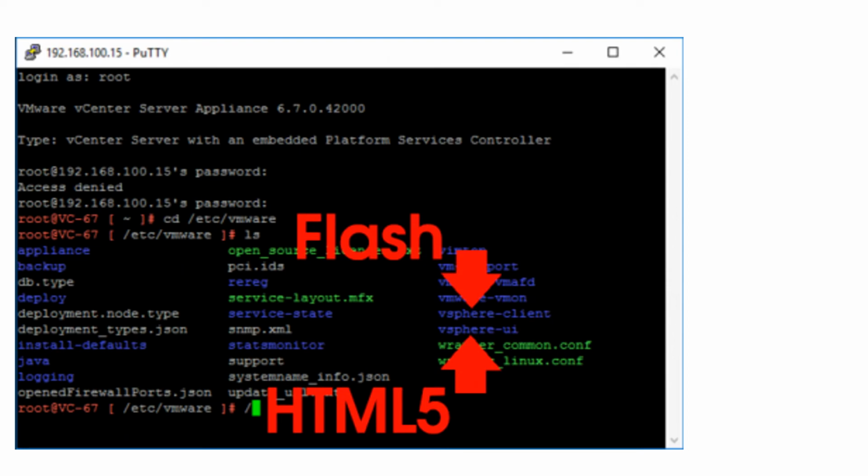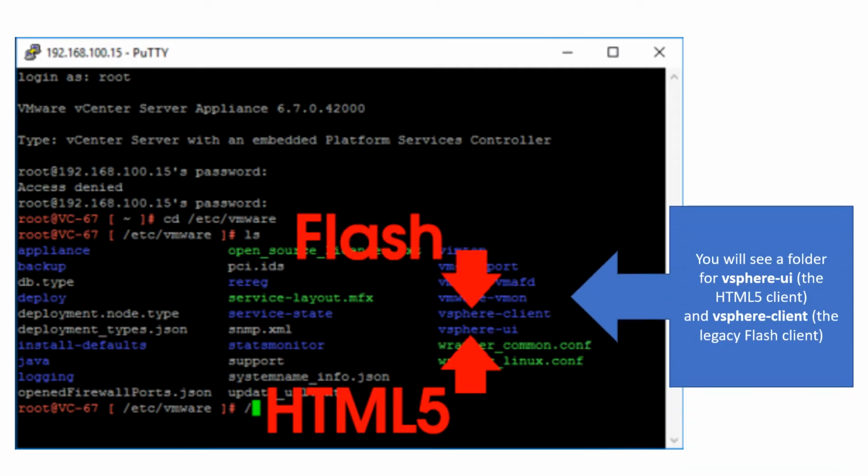So in our case, if you are using an HTTP web server for providing that Cisco UCS plugin file, then we need to make one configuration change inside that vCenter server. If you are using HTML5, you need to go to the vSphere-ui directory, and if you are using Flash, the legacy one prior to vCenter 6.7, we need to use the vsphere-client directory. Inside that, we need to edit the file called webclient.properties.